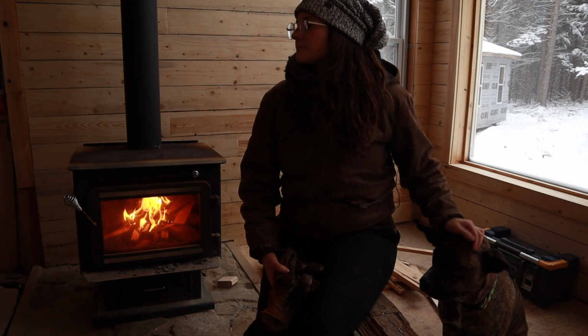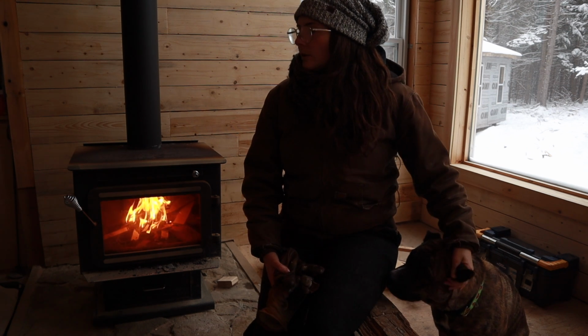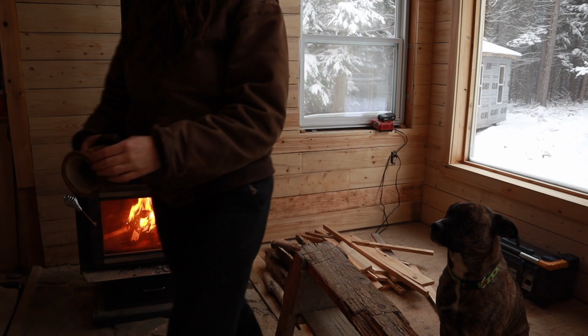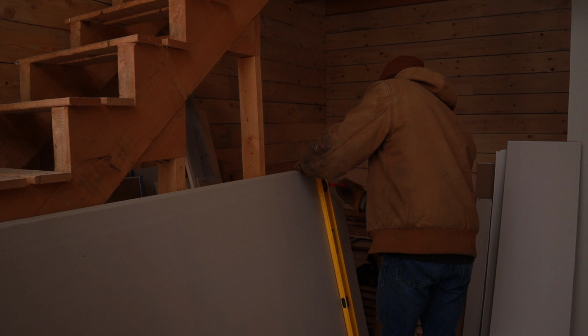So what are you thinking? Starting drawing on that closet. Okay. How big is it? 45 by...